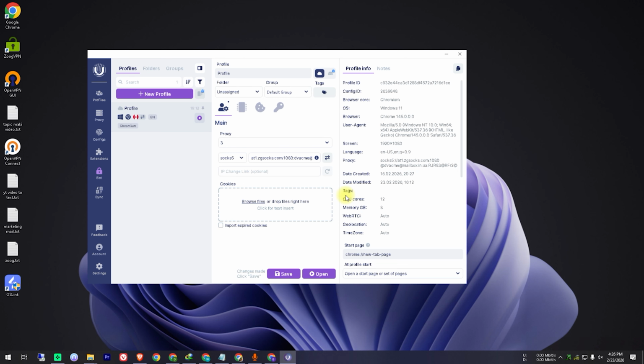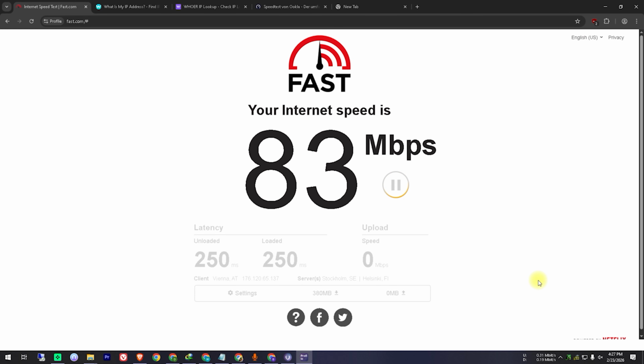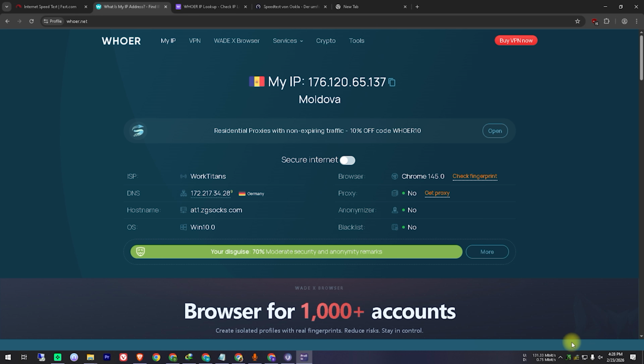Next, we will look at server 3, and I am opening it now. Let's start by checking our internet speed on fast.com. The test shows a download speed of 83 megabits per second. Now, let's look at our IP details on Hua.net. Our IP address is